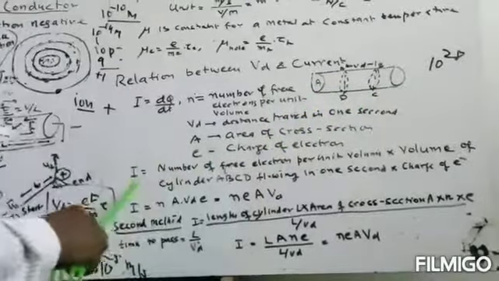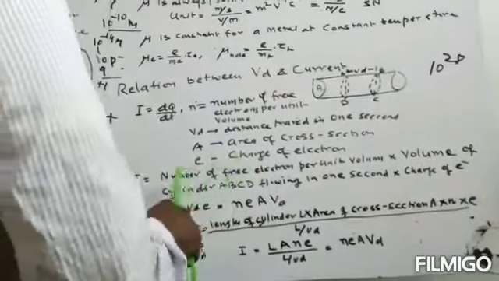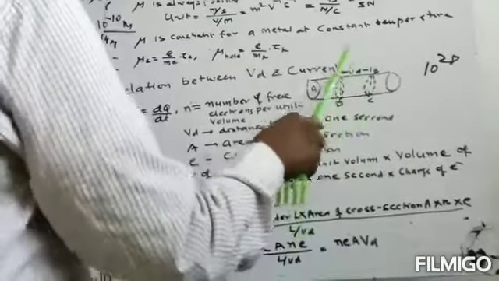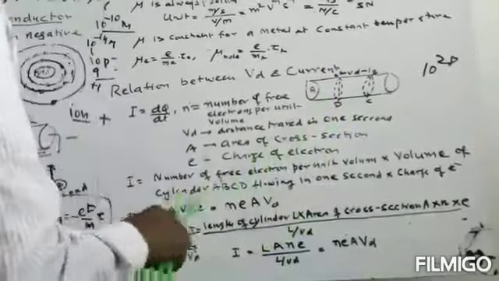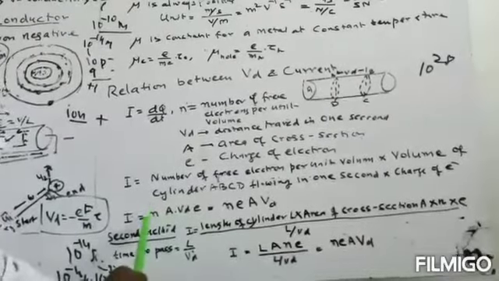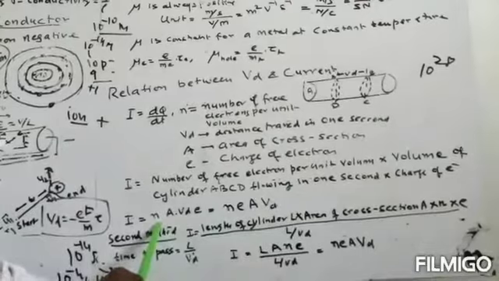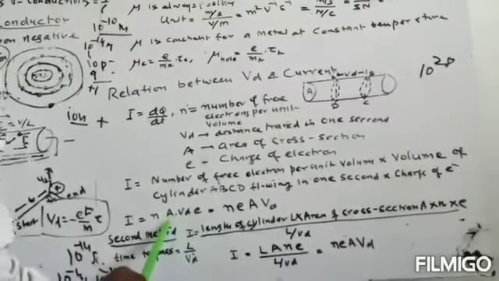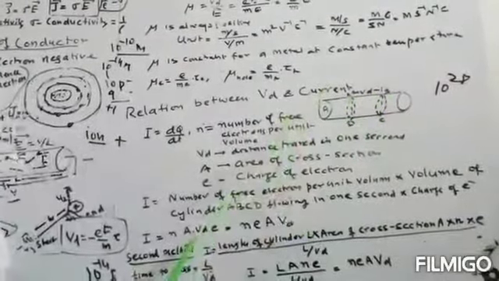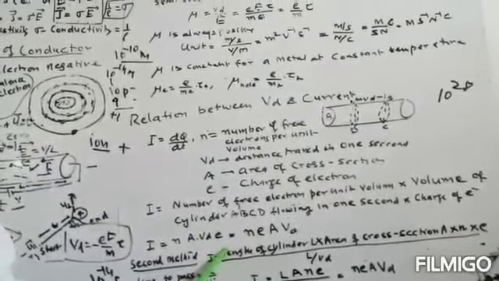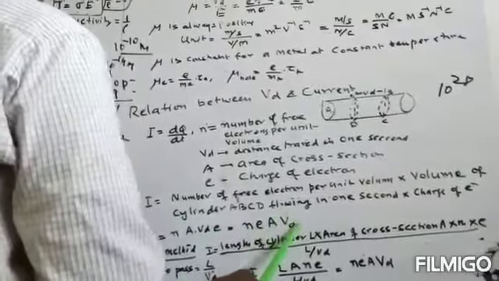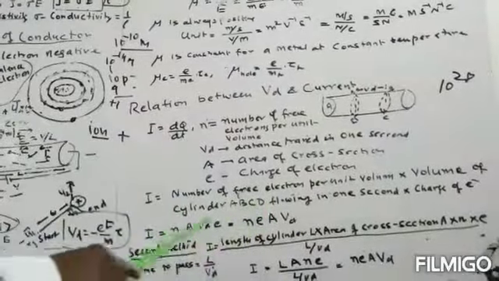So the total charge which enters here and leaves here in 1 second will be the current. The current will be equal to the number of free electrons per unit volume multiplied by the volume of this ABCD. So I will be equal to n, the number of free electrons per unit volume, multiplied by the area of cross section A into Vd. This will be the volume of the cylinder, A into Vd, multiplied by the charge of the electron e. So current will be equal to neAVd. So we can relate current in terms of drift velocity.